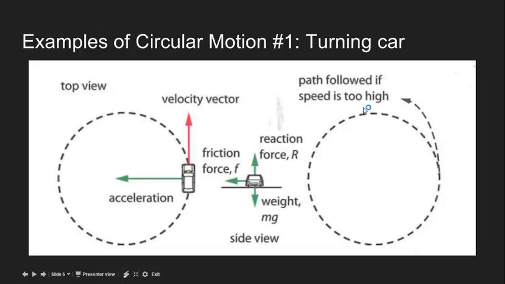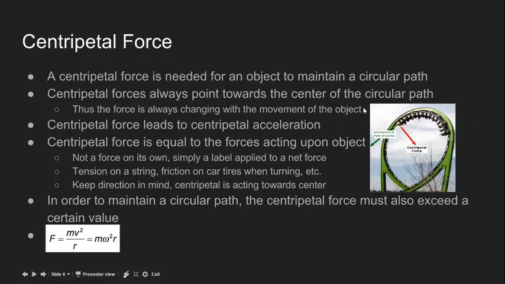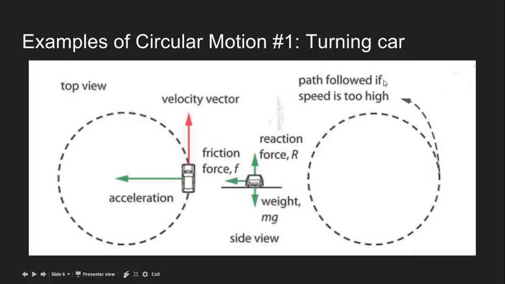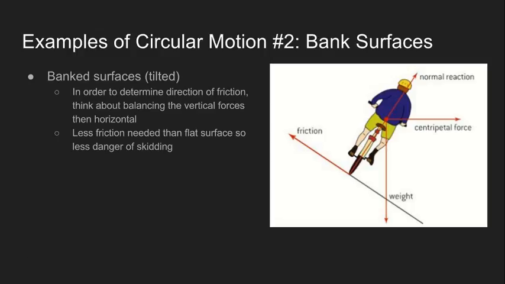And as I said before, because the equation for centripetal force is mv squared over r, if your speed is too high, you would need a greater frictional force, which in some cases you might not have, like in the example of when you're driving a car on ice. So for circular motion